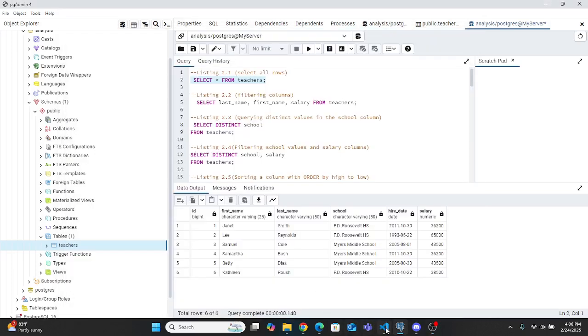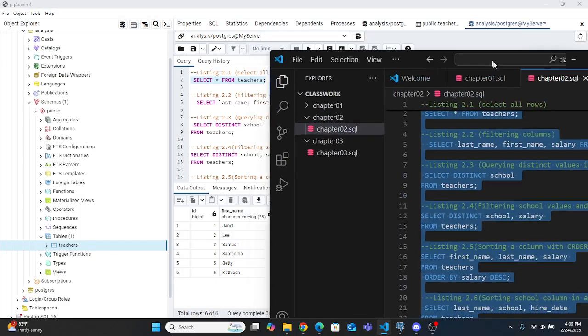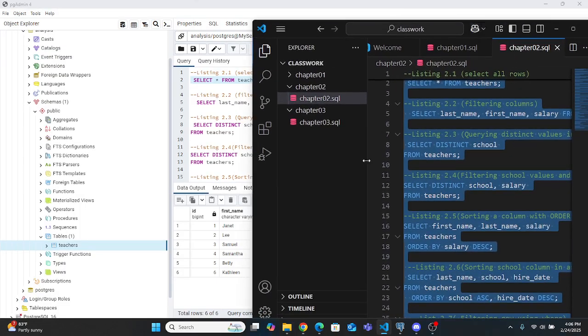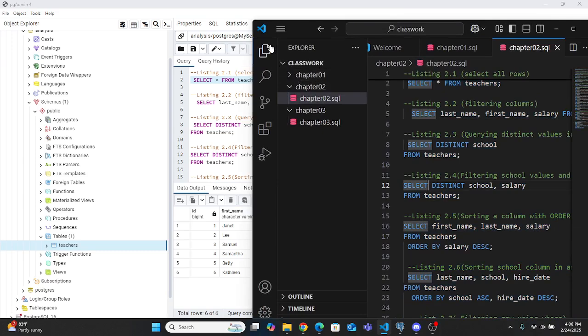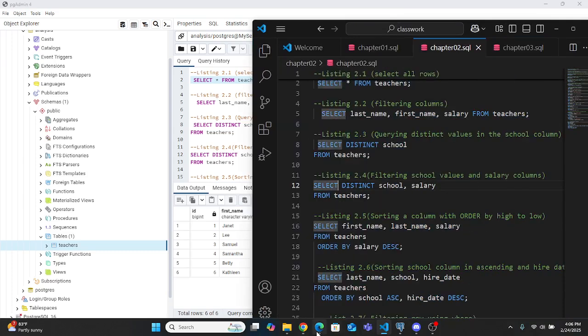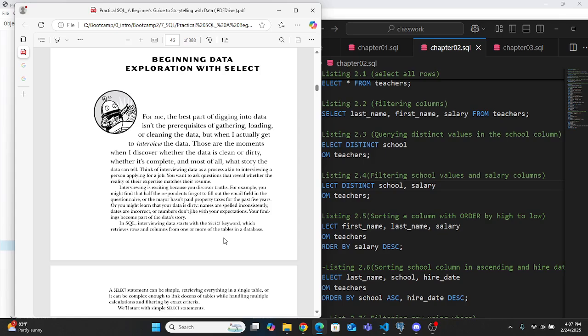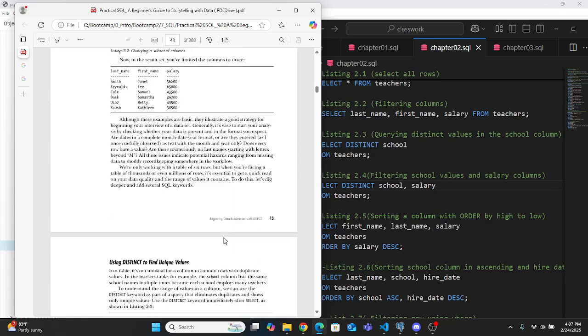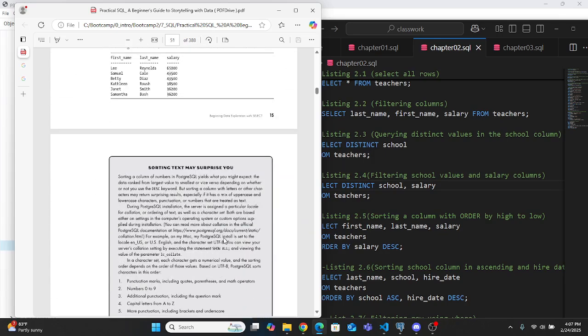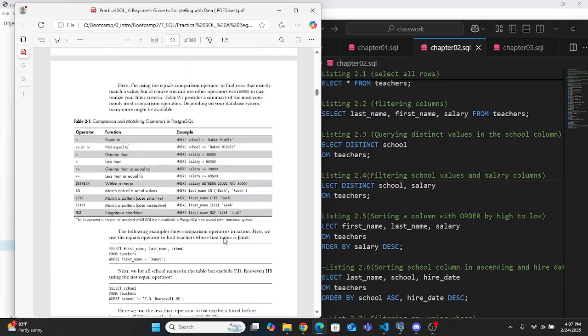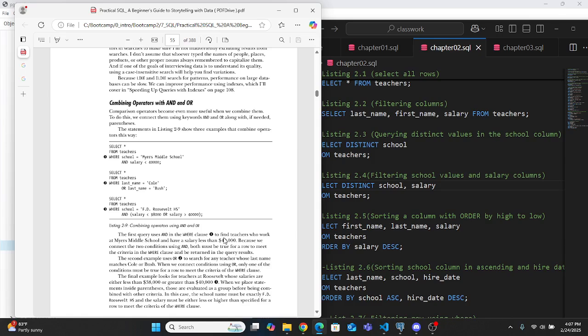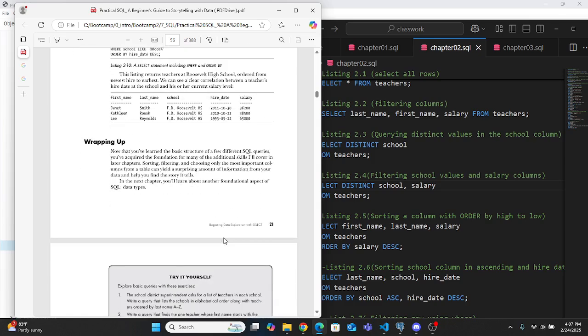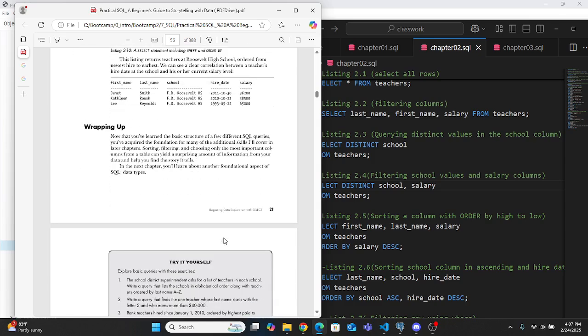We're doing chapter 2, so let's open chapter 2. We're going to start by reading our summary just to have an idea of what's happening in our chapter. So, just a second. Our summary is basically saying that now that we have learned the basic structure of a few different SQL queries, we